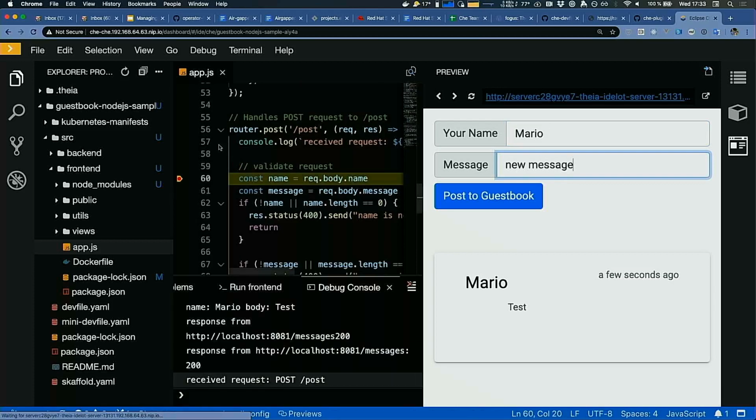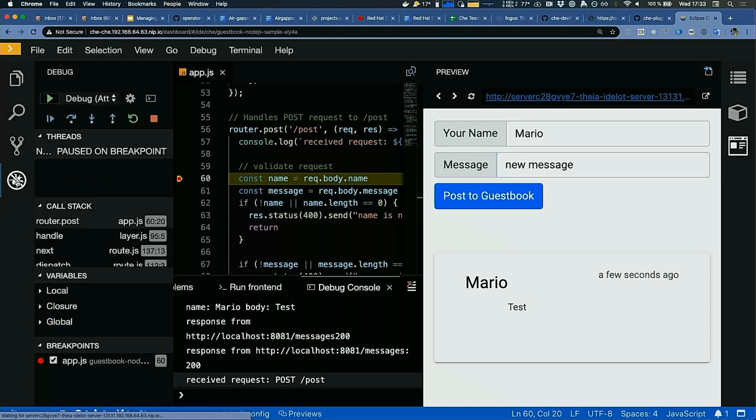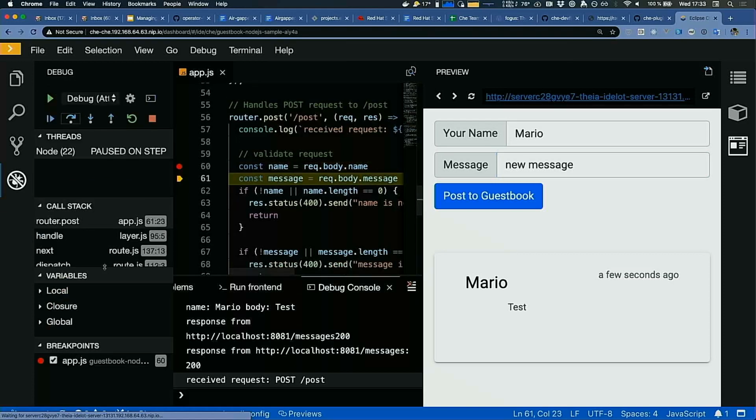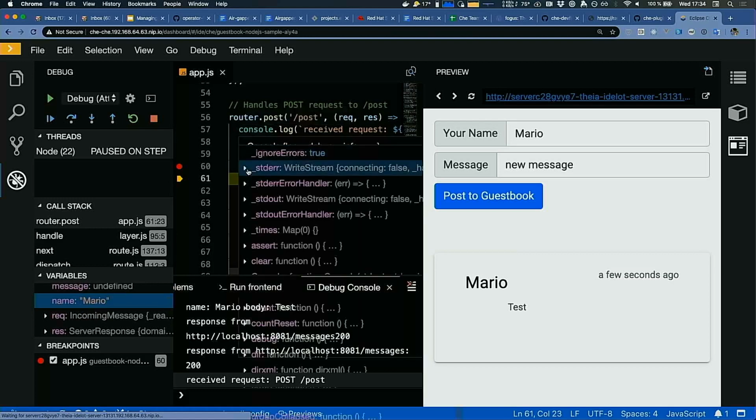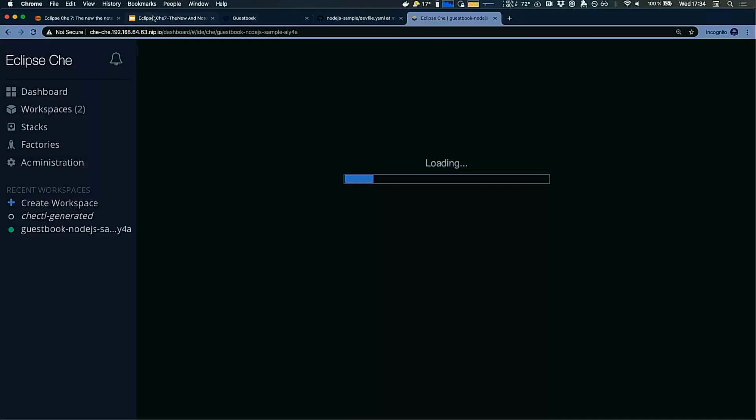So as you see, it has stopped here. I can look at the different things, different variables here. So let me just do that. I can look at the local variable, for example, name, that is Mario, and yeah. So that's the usual thing that you have in a debugger. So since we are running out of time, I think that we can stop here and we can continue with the. Yeah, thank you, Mario, for the demo.